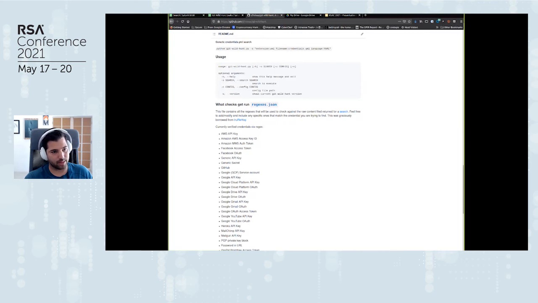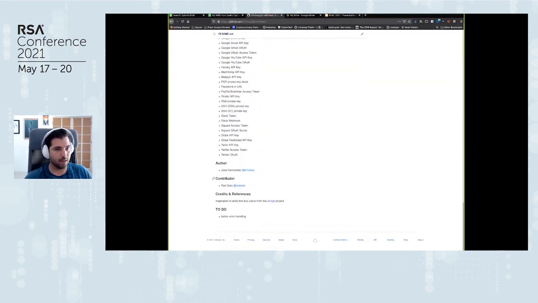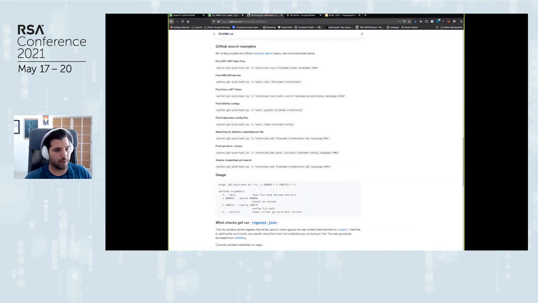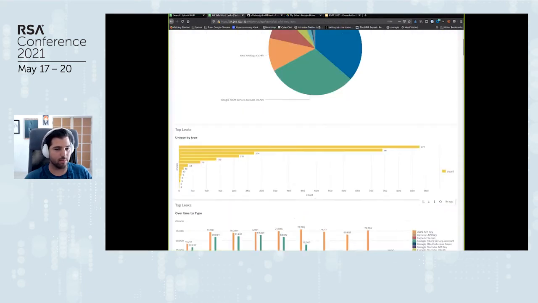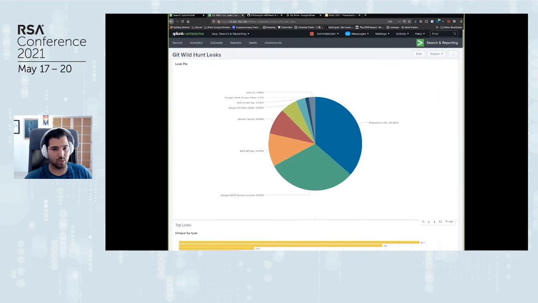And again, the biggest difference, if compared to something like TruffleHog, is that TruffleHog searches for these credentials inside a specific repo, whereas here we're searching across all of GitHub and then finding leaks for these specific types of keys. So with all that said, let me show you, after collecting data for 8 months, here we put together a dashboard to allow us to quickly get a pulse of how things are going from a leaked credentials perspective. Specifically, I call this the leak pie.